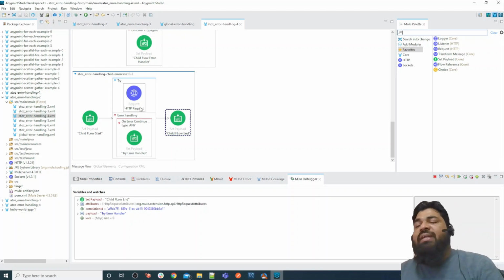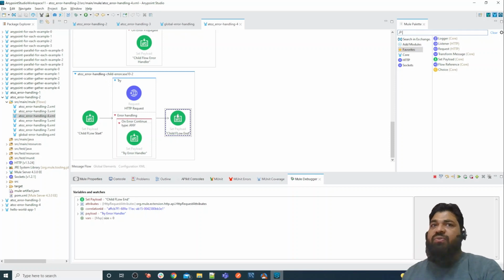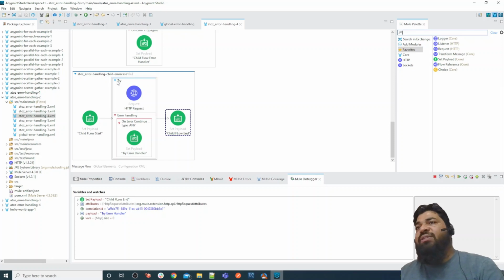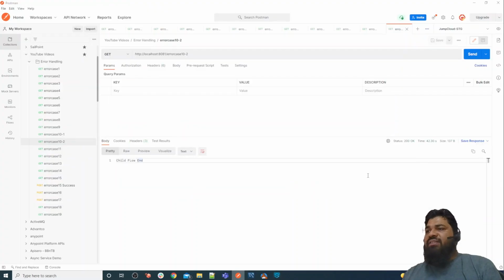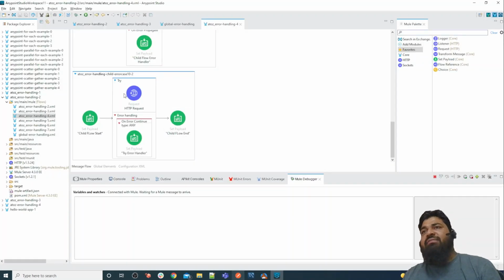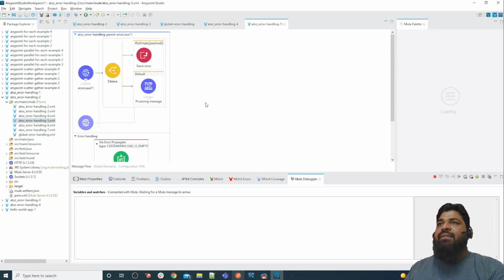So when your requirement is that a component gives an error but you want to execute the subsequent next processor, then you can use a try with on error continue. It will continue. It will not propagate the error. It will continue the same message to the subsequent processor, and your processor will execute as it is. So you will get child flow with a 200 status. When we want to execute the subsequent processor, we go with processor level error handling, which is nothing but try catch. Error handling 5. So yes.